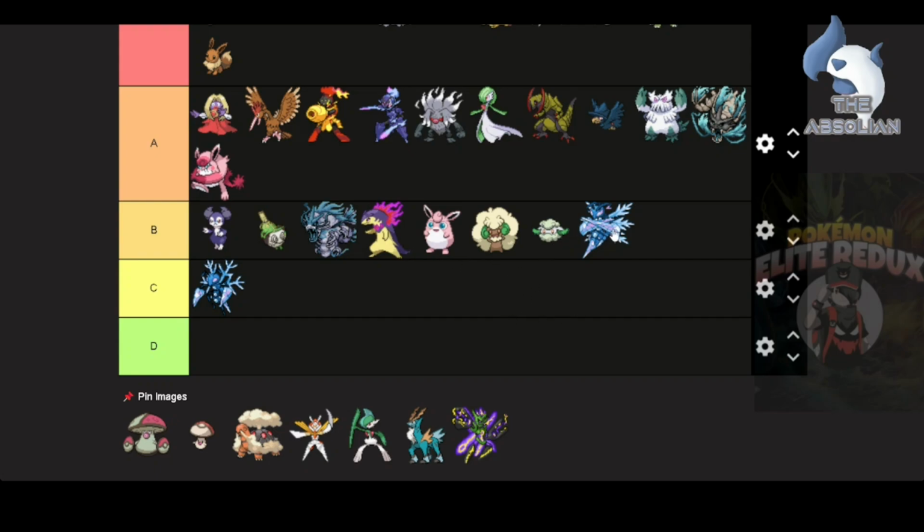Oh yes, I feel Mega Beedrill is way better than Whimsicott, and maybe way better than Wigglytuff too. Maybe Wigglytuff is just slightly lower than Beedrill because at least this Elite Redux Beedrill has the option to just one-shot mons. So yeah. Okay, next up is Among Us and